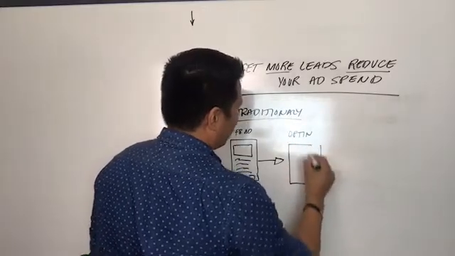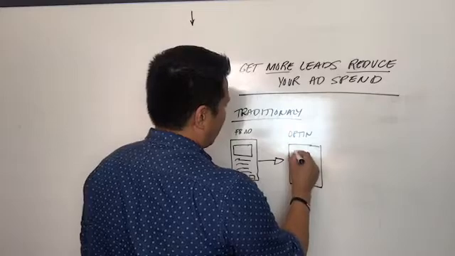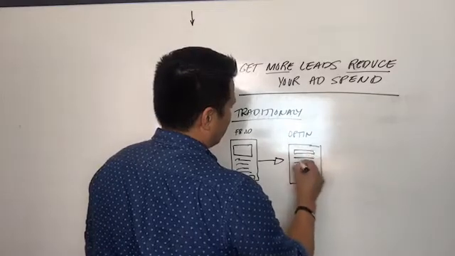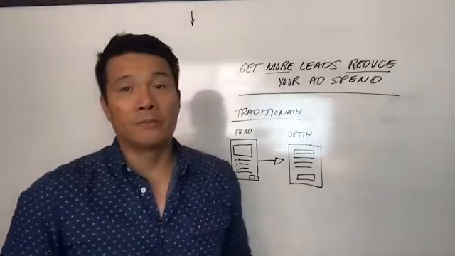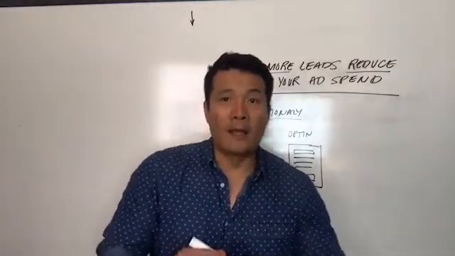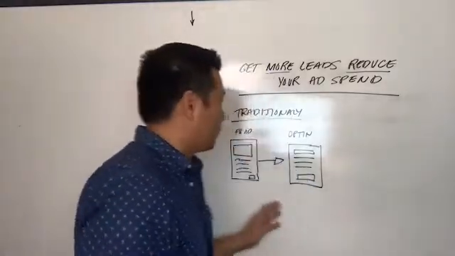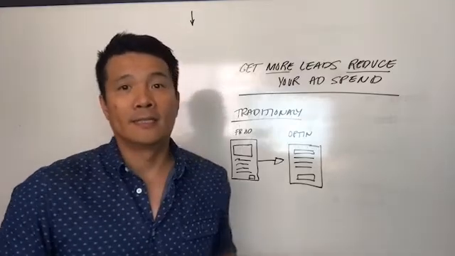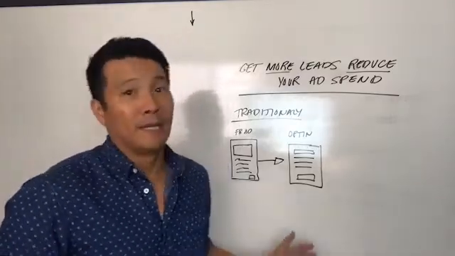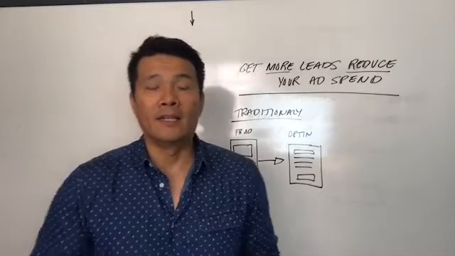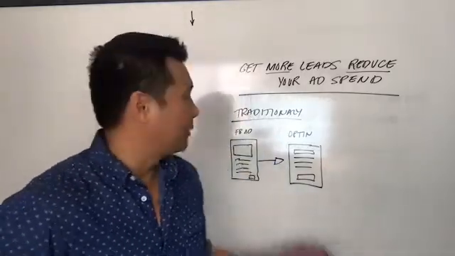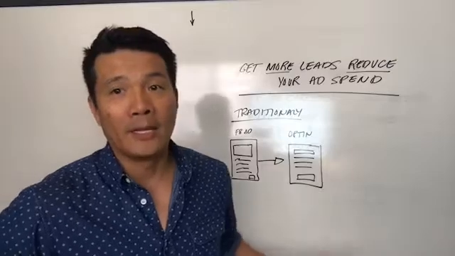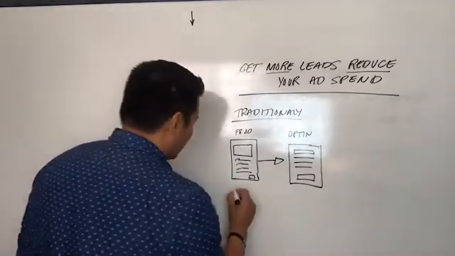So from the opt-in page, they would just fill out their information, they would submit it, and then boom, there goes a lead, right? What I've noticed is if you're doing it this way, there's a lot less people opting in, and when they do opt in, the ad spend per lead is a lot higher, right? It costs a lot more to actually get this lead this way. So the new strategy